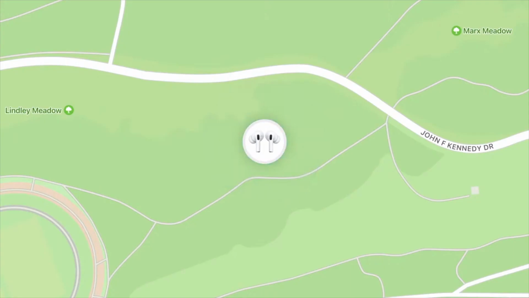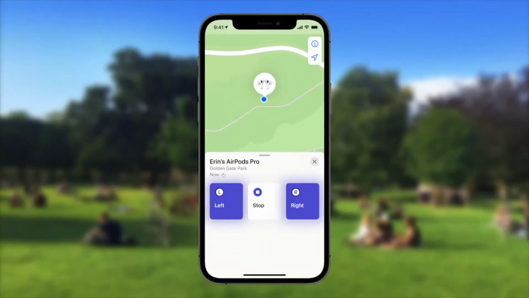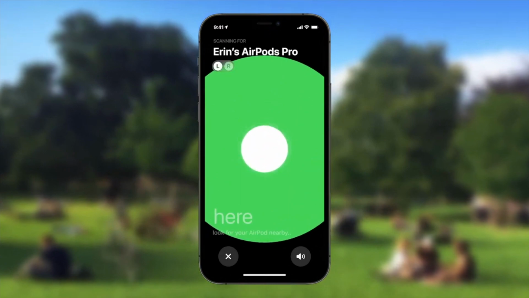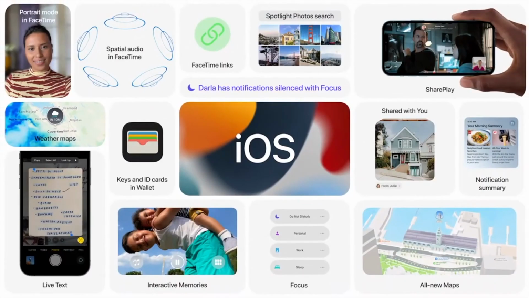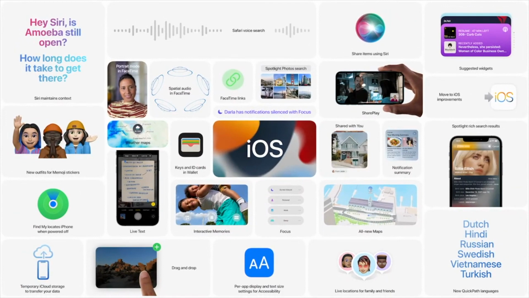And there are some additions to Find My to help you not lose or find your AirPods if you misplace them. So for the iOS part of the presentation, that was pretty much it. There's nothing like a really big revolutionary iOS 7 type of change, but those were nice incremental changes, especially the focus thing in the profiles. I thought that was very nice and I can't wait to get my hands